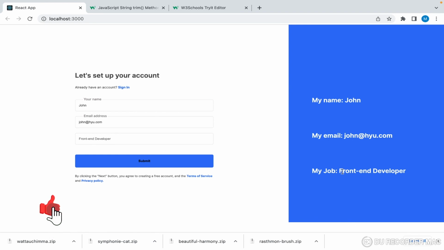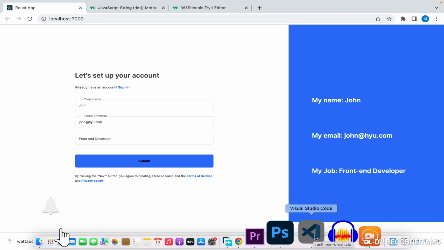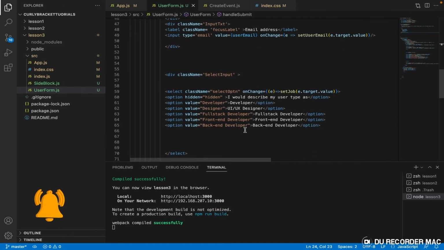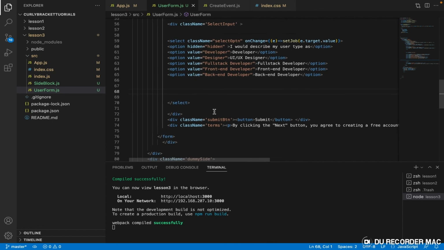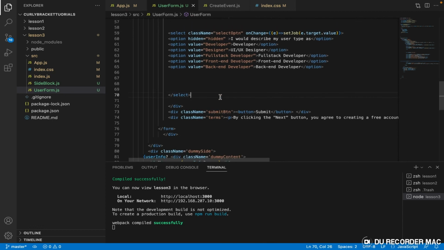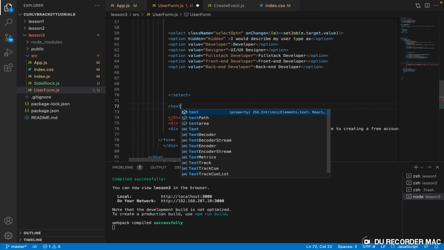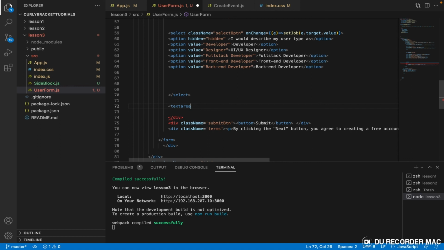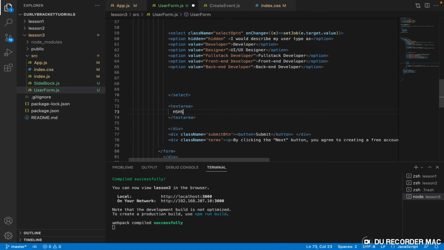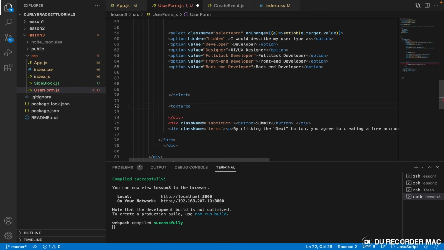All right, so this is one way you can do this, but there is still another thing I think I should mention. We don't have a text area in this example, but if you need a text area, let's assume we need it. You know, in HTML you put your text area like this, right? Then you write the content of the text area all here. Okay, but in React it's not that way, right? We put text area as self-closing just like the other guys. And then you can now put your placeholder,